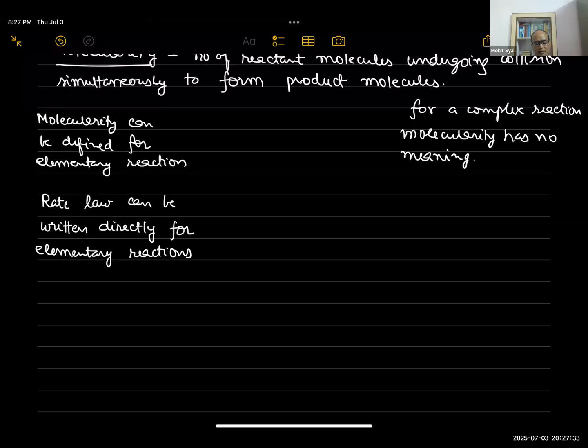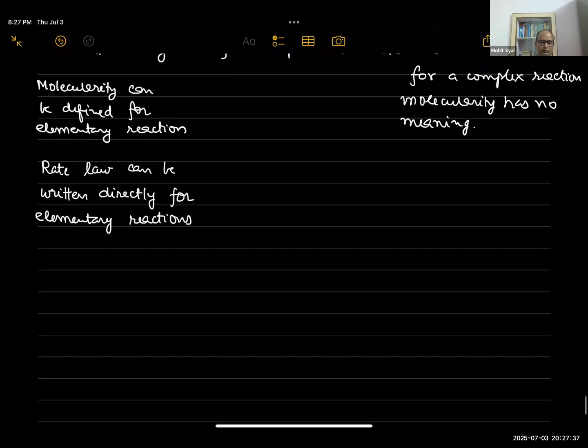So rate law can be written directly for the elementary reactions. Single step reactions. Rate law can be directly written. For example,